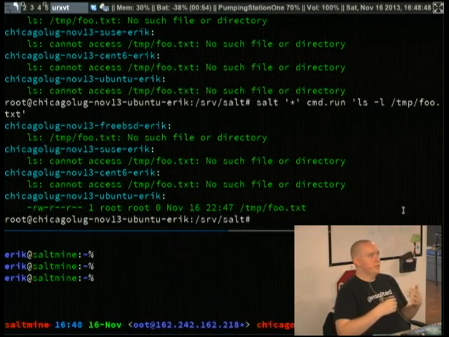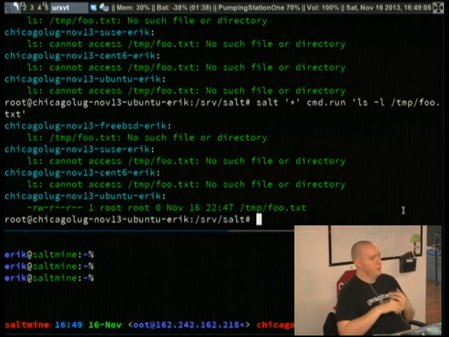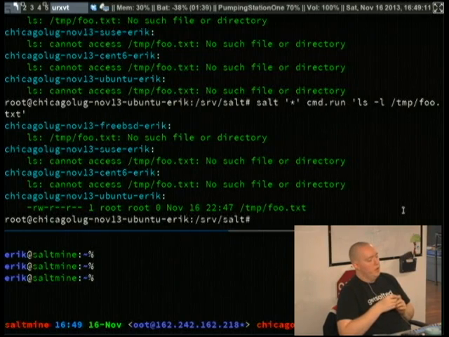By default, like I mentioned before, we're using this publisher-subscriber networking library called ZeroMQ, but you can actually run it without an agent over SSH now, as of version 0.17, which has been out for about a month or so. So you can set up a roster of authentication info, and